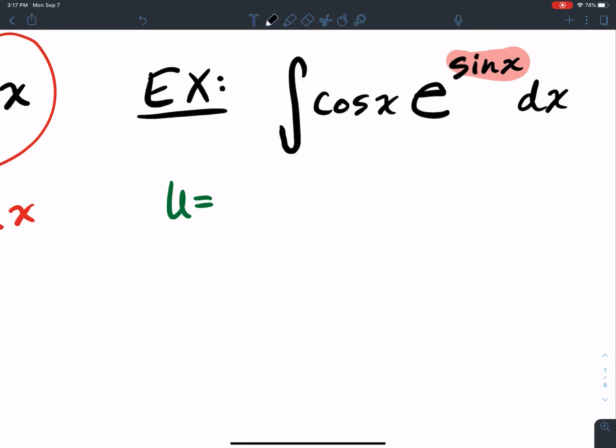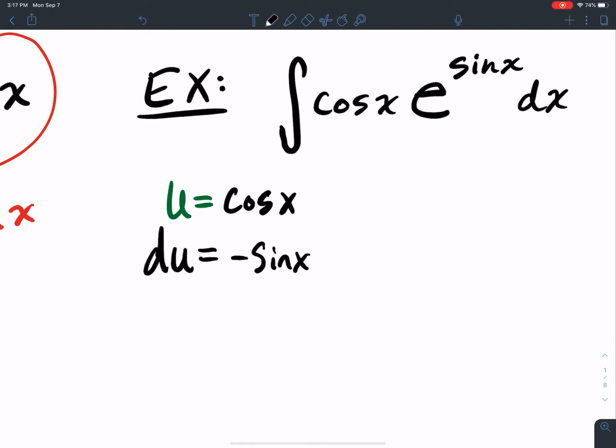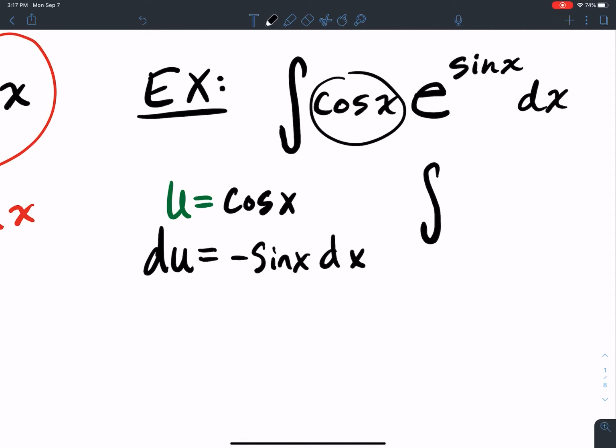You know what? What if we just pick u to be cosine of x? Let's do the wrong one, and maybe we'll see what I'm talking about if you mess up. So I pick u to be cosine x. du is equal to negative sine x dx, okay? So what have I done here? What I can substitute is I can replace cosine with a u, and then I have e, oh my goodness, e to the sine x